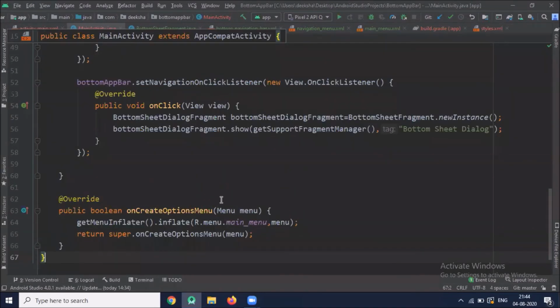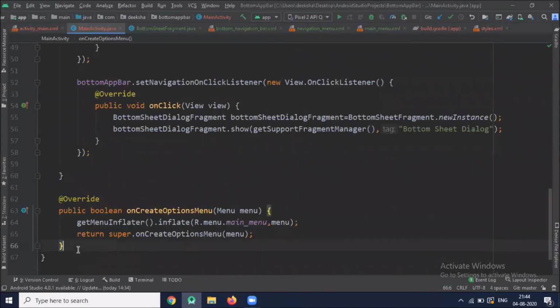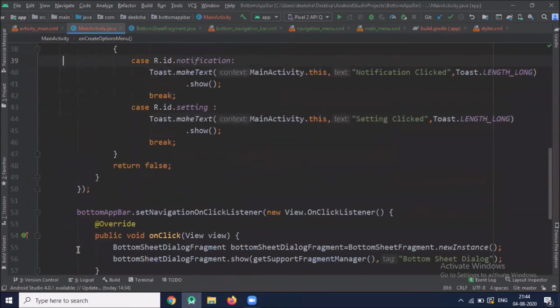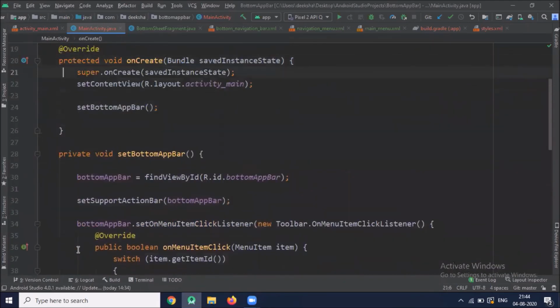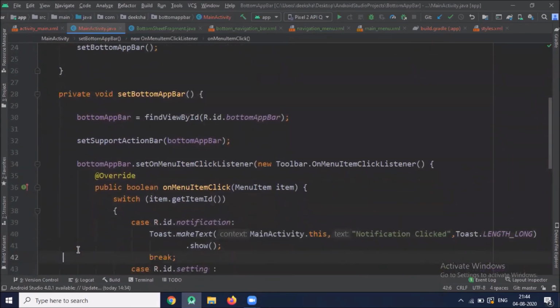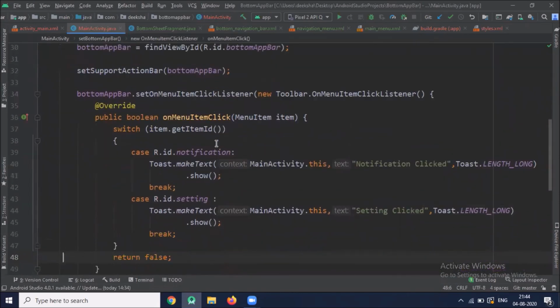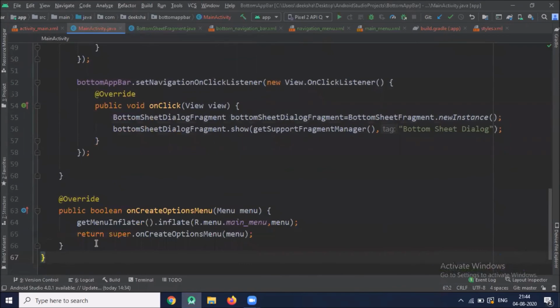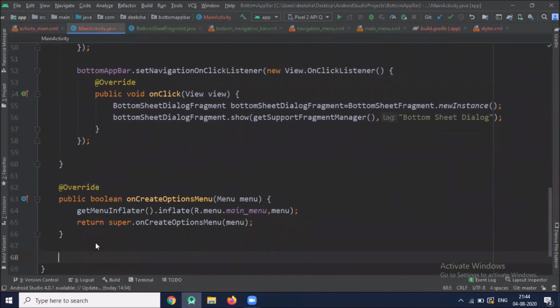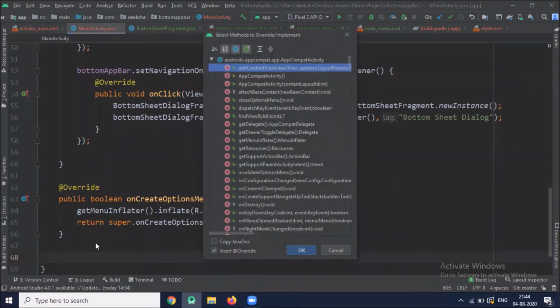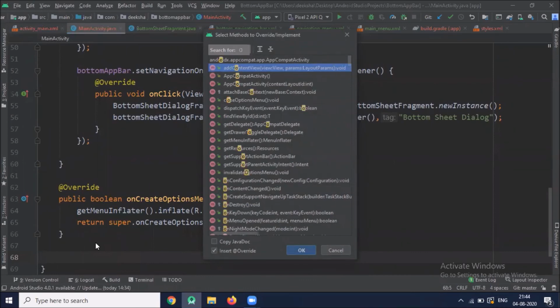You can handle the menu items in two ways. First way I have defined already. Here bottom bar dot set on menu item click listener. And second way you can create on option item selected method.